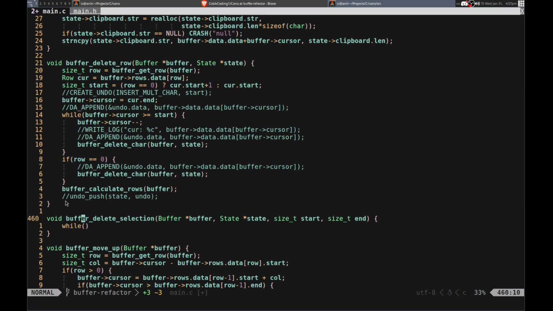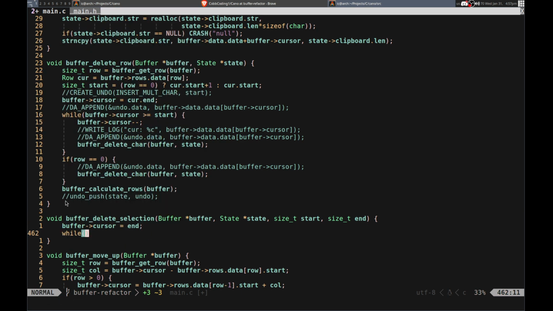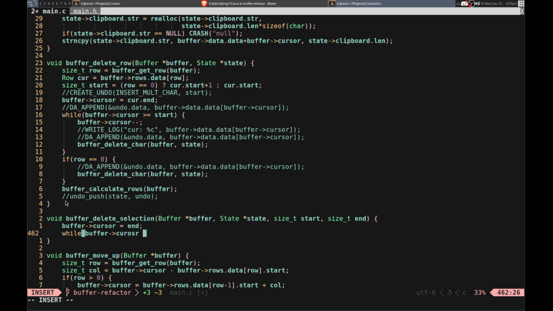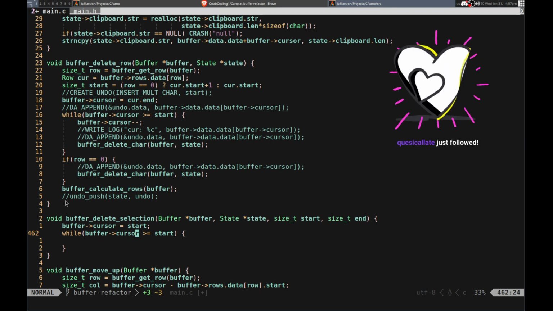Yeah, we can set the cursor. We'll do the same thing I'll do out here. For cursor equals end, while buffer cursor is greater than start. But if it's 0, then it would always be that, right? So maybe that's not a good idea. What if we start at the start though, and we just, yeah, let's actually do that. Set the cursor equals start, and then while the